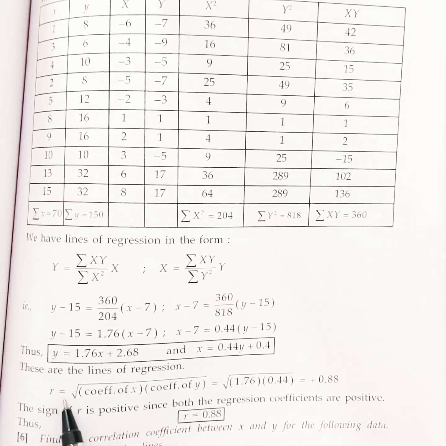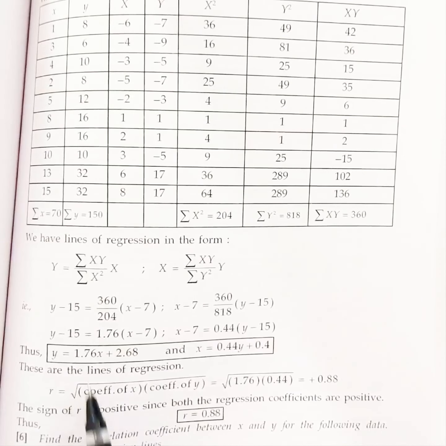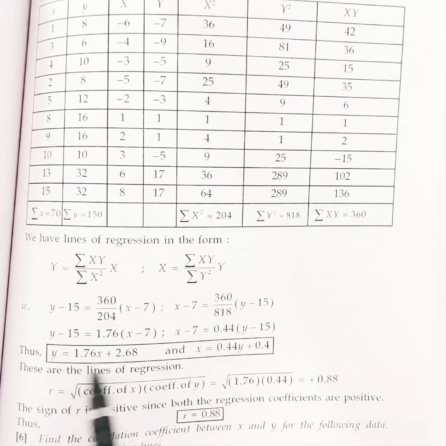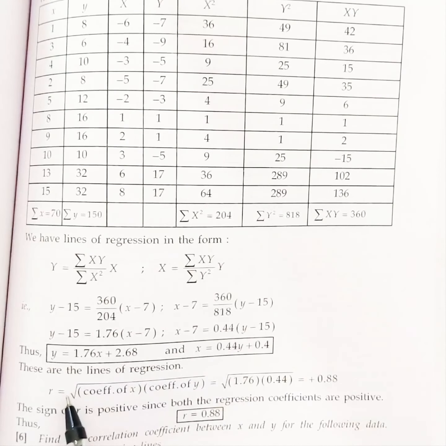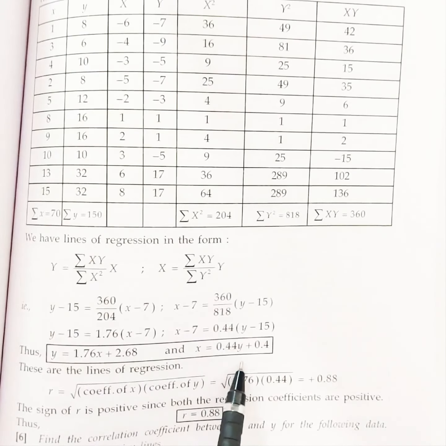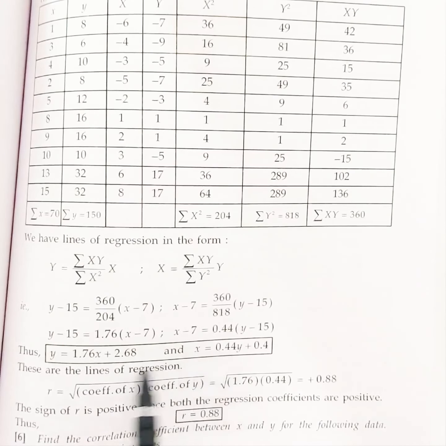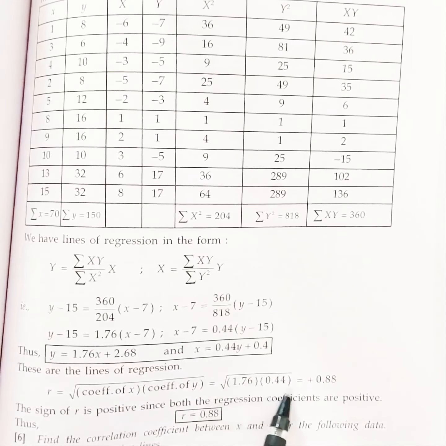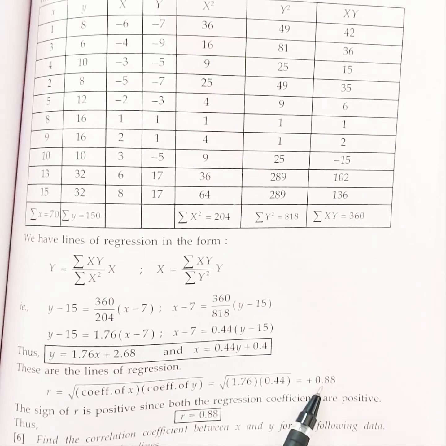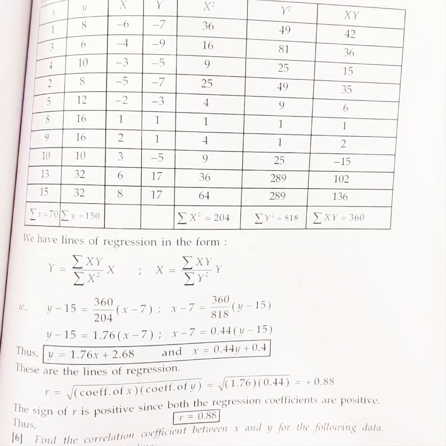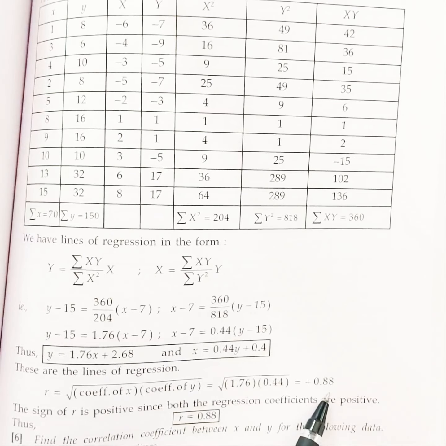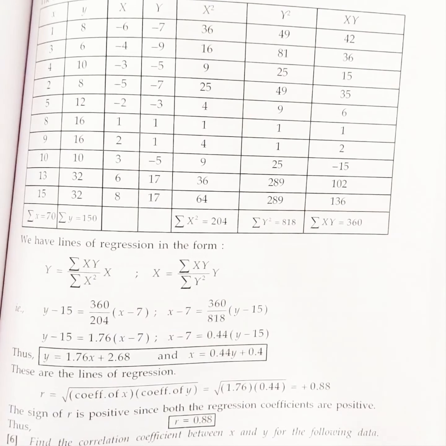Finally, we have to find the coefficient of correlation. Remember, we wrote plus or minus. Here you check the coefficient of x, it's a positive value. Here also it's a positive value. So you have written plus. If both are minus, you will write minus, and you won't get 1 plus and 1 minus. So that choice is not there. So either both will be positive or both will be negative. So since 1.76 is the coefficient of x, I have written this, 0.44 is the coefficient of y, I have written this, and if you take the square root of this, you get 0.88. You can check whether your answer is right or wrong. So it is a positive correlation, and this value lies between -1 and +1.